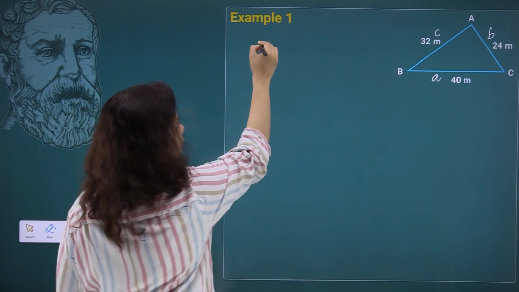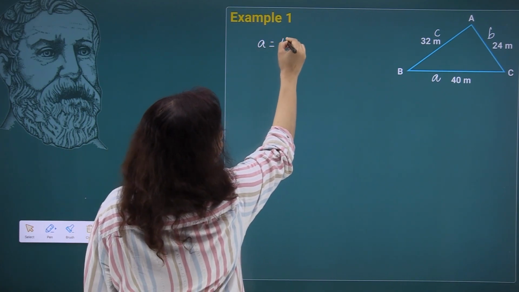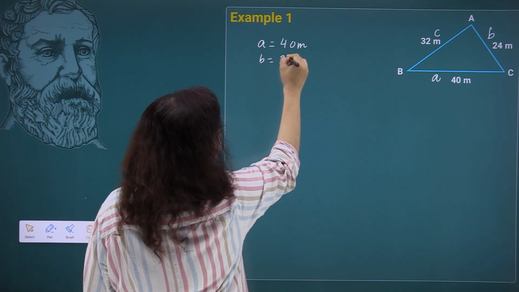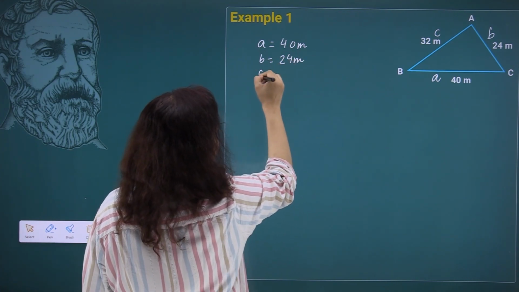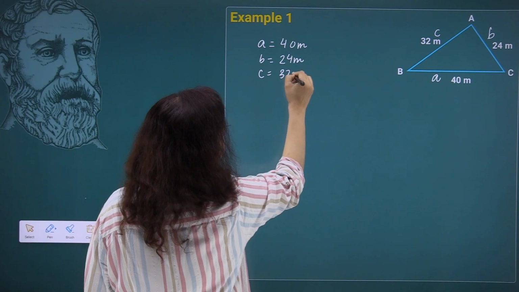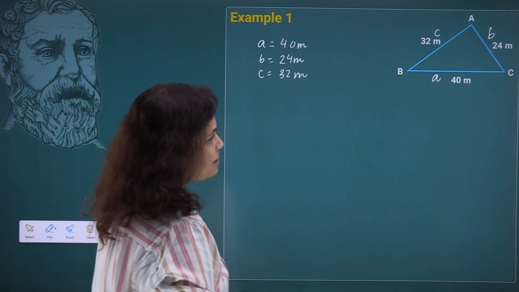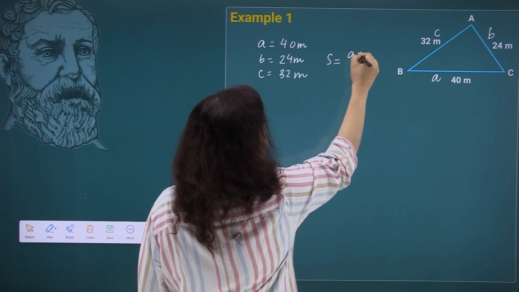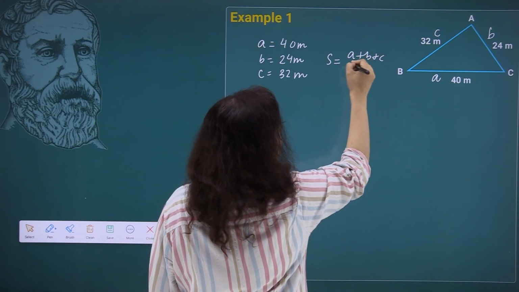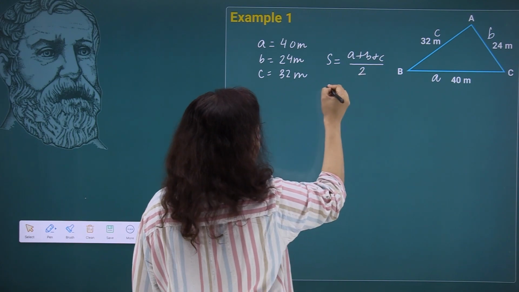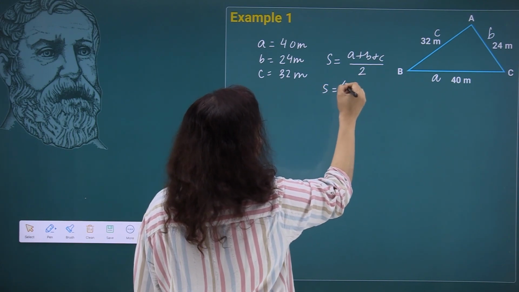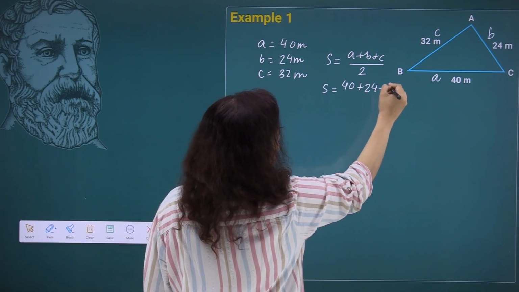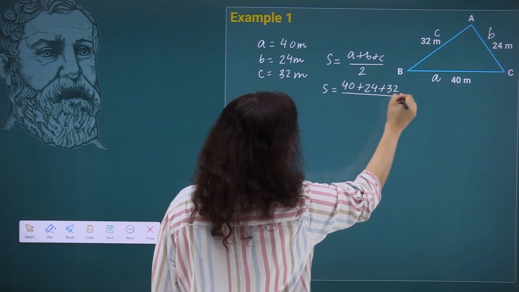So here we have a equal to 40 meter, b equal to 24 meter and c equal to 32 meter. Hence my semi-perimeter S will be equal to a plus b plus c upon 2. So S will be equal to 40 plus 24 plus 32 upon 2